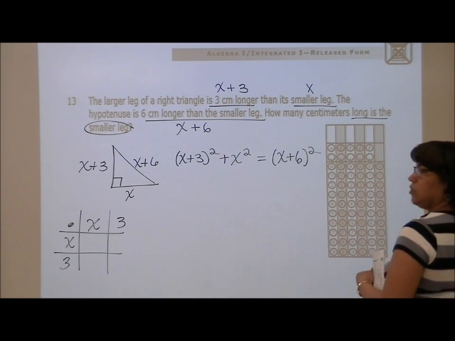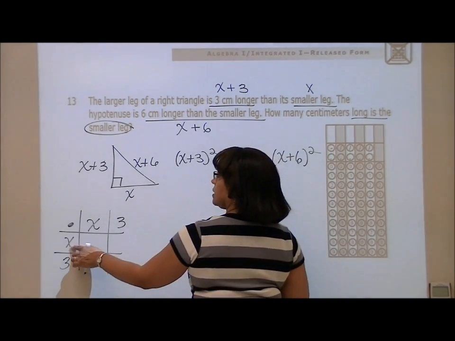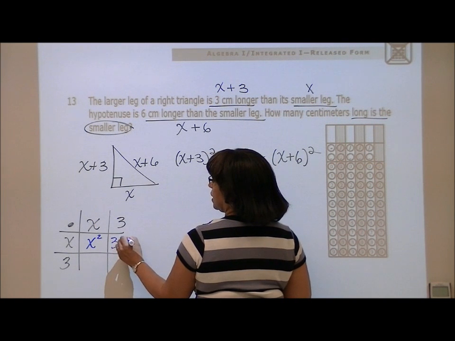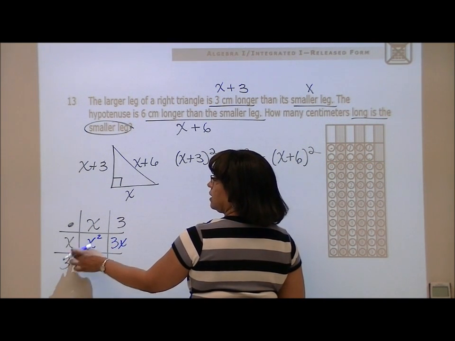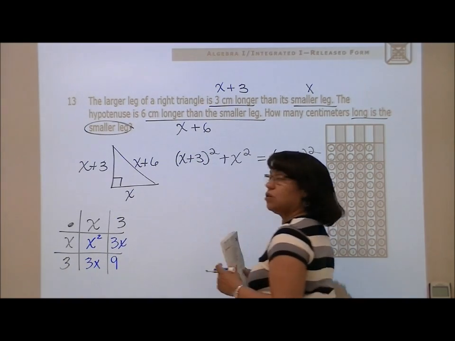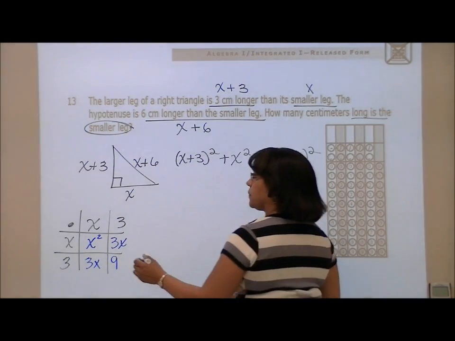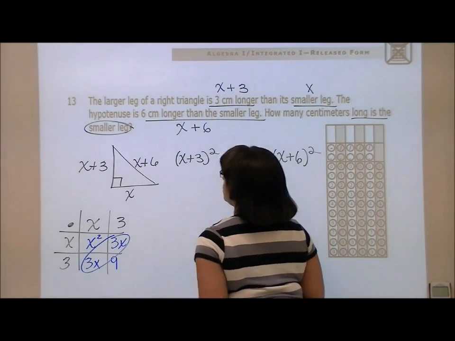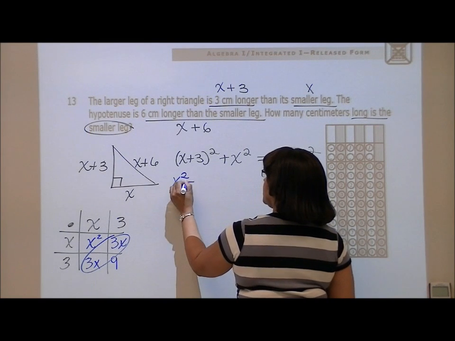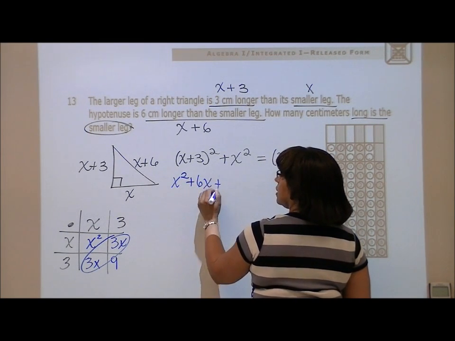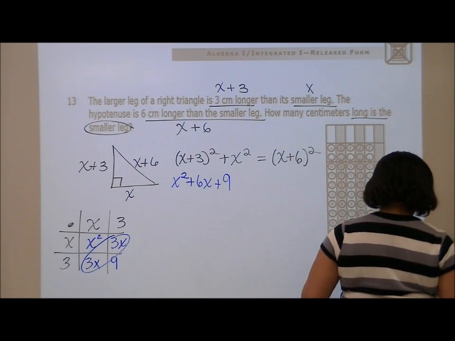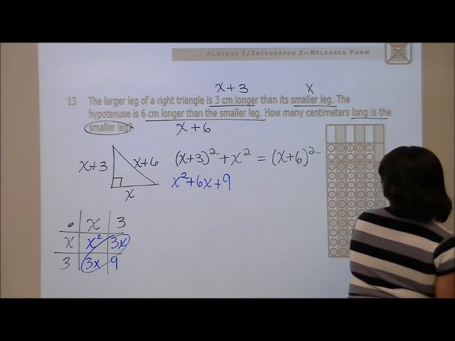Let's color code. Let's use a different color. So x times x is first. That's x squared. X times 3, 3x. Do the same thing with the 3. 3 times x is 3x. 3 times 3 is 9. So everything in blue is what you combine. These are usually your like terms. So here we have x squared. 3 plus 3 is 6. So plus 6x plus 9. And then we're going to bring down our plus x squared